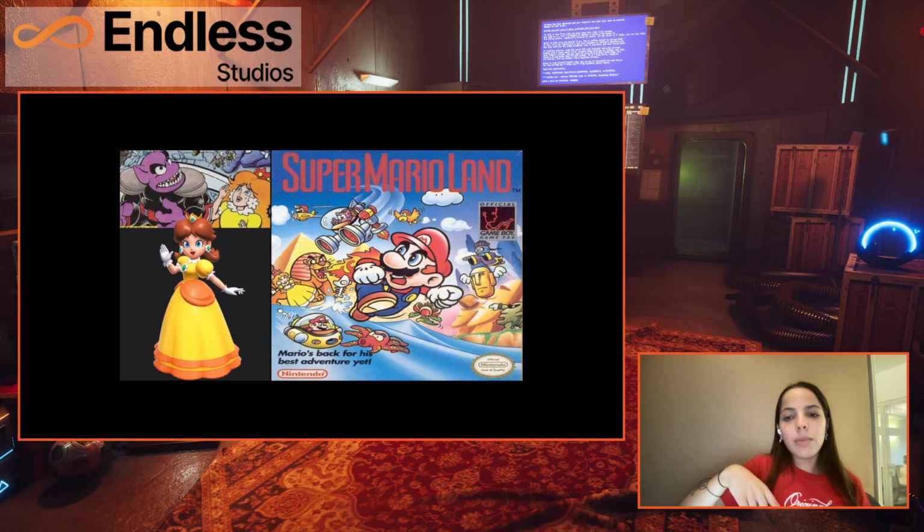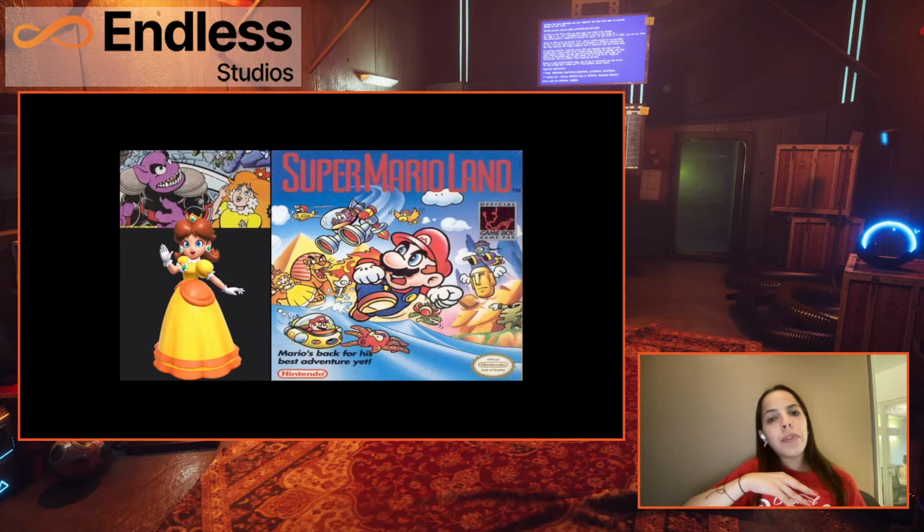So she debuted in Super Mario Land after she was kidnapped by the evil alien Tatanga, after he'd taken over the kingdom of Sarasaland, and wanted to marry her and make her his queen. However, she was eventually rescued by Mario. So this is sort of her backstory, and despite not knowing her backstory, it's what inspired the developers of the game to have her in newer iterations of the game.